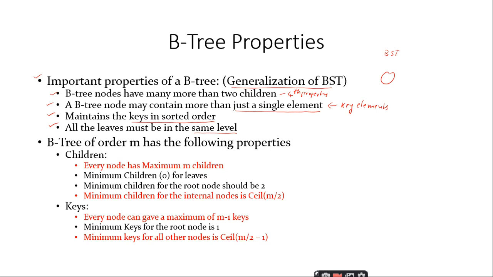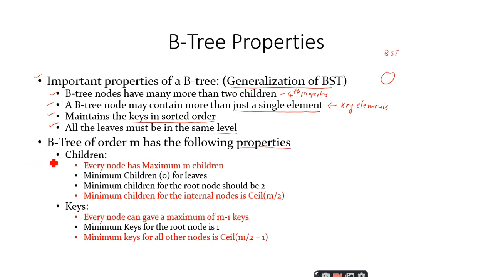Now, a node can have more than two children. Super, right? A node in a B tree can have more than 2 children. That is true, right? So apart from these important properties of B trees, two more important points you should remember. These are very important properties.